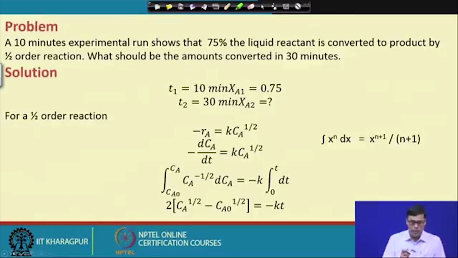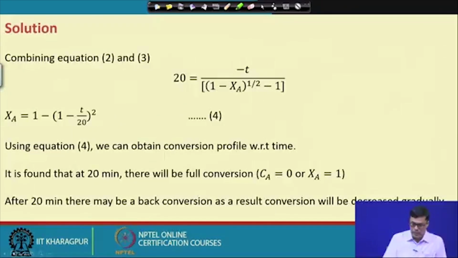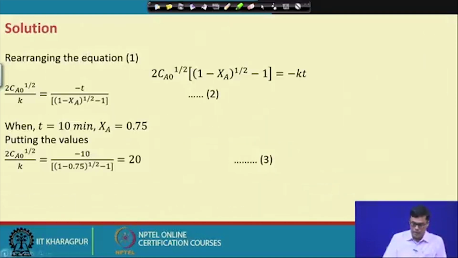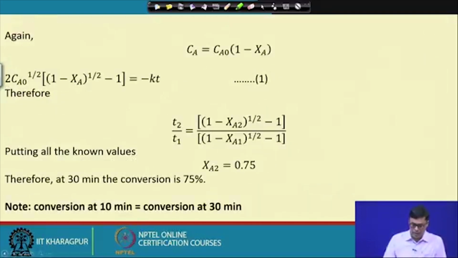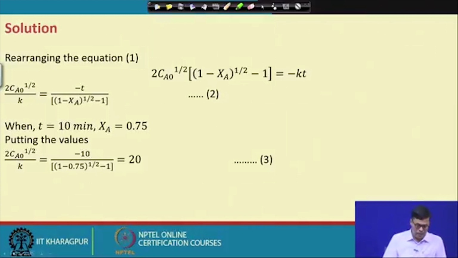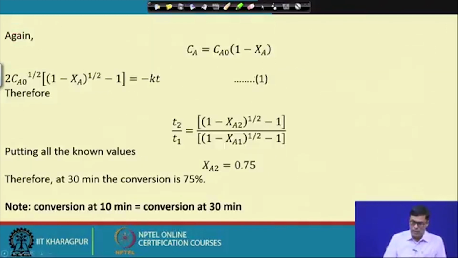Now, here what we have done: the problem was that at 10 minutes the conversion is 75%. When we calculated here, we also find that after 30 minutes the conversion is 75%. So, in both cases the conversion is the same. Now, we try to find out why this is happening, and then what we have done, we have tried to